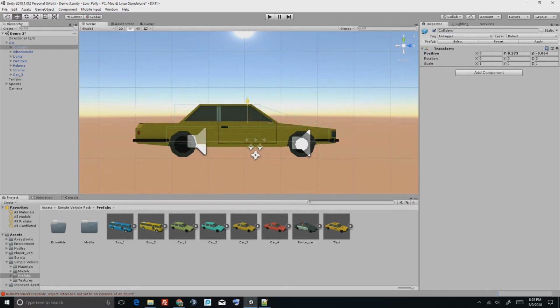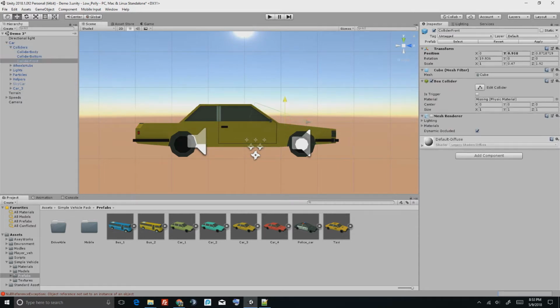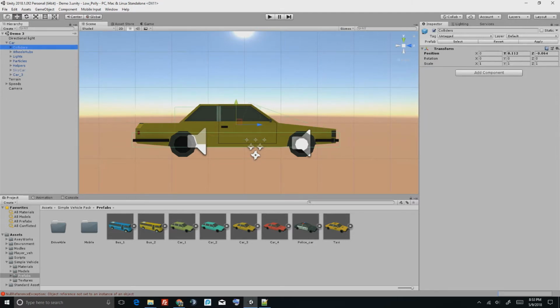So this one is fine. Go inside the collider. Front one is fine, just that one. Bottom is not fine, so we'll scale it a bit up. That's good. And make sure it's a bit down so it matches with that one there. Alright, after that's done, go inside the wheel hubs, which is under the colliders,